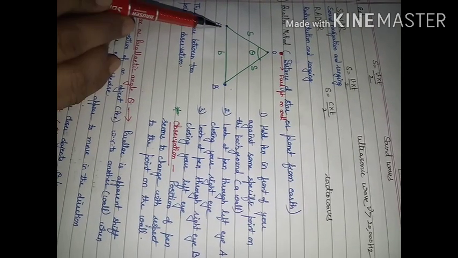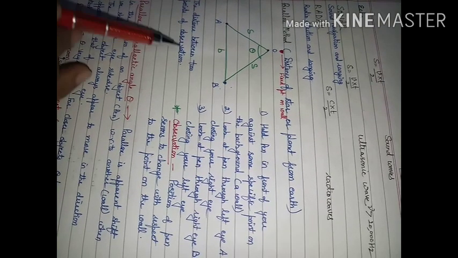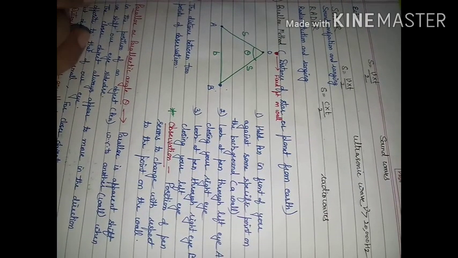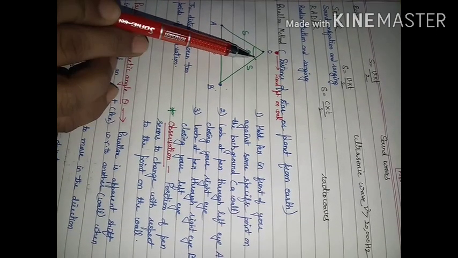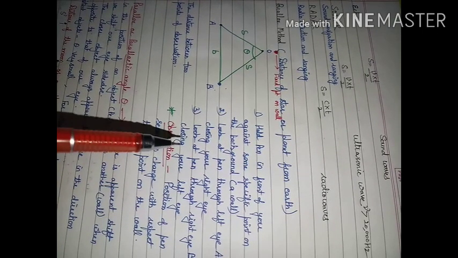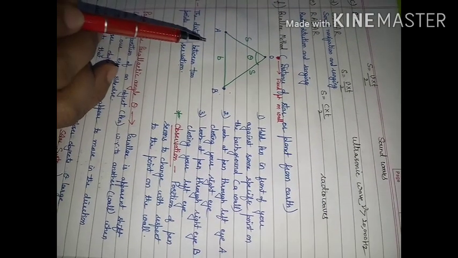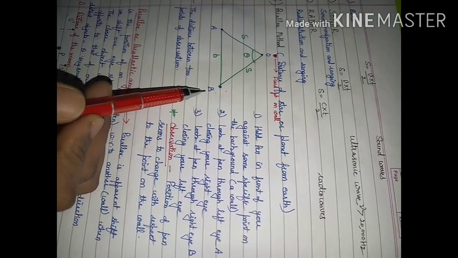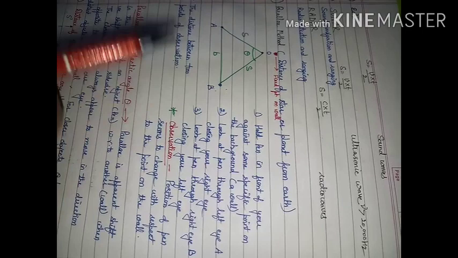And the gap between your two eyes will be known as the basis, the distance between two points of observation. This is the parallax method, and the angle by which this shift is taking place will be known as parallax. So you do this activity, go for your observation whether the position of the object seems to change with the change in eye position, means either you see it with your left eye or with your right eye.